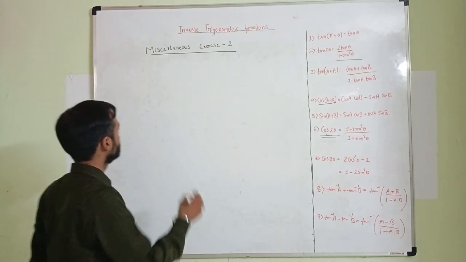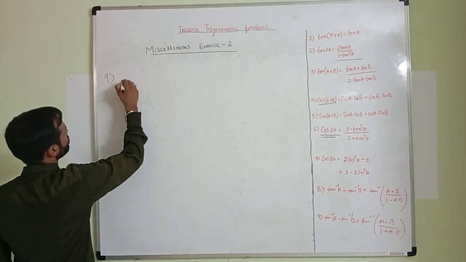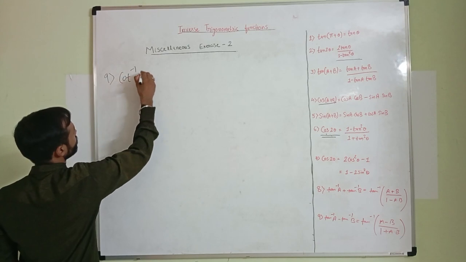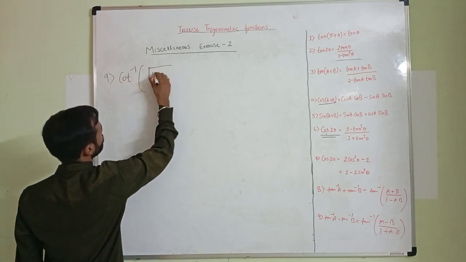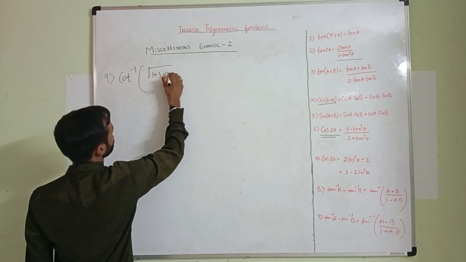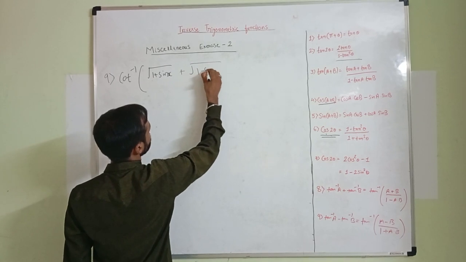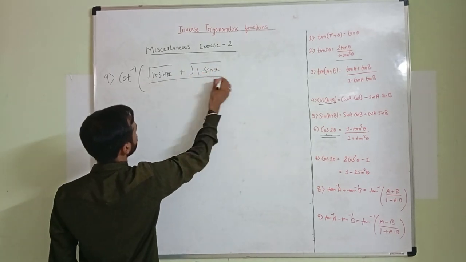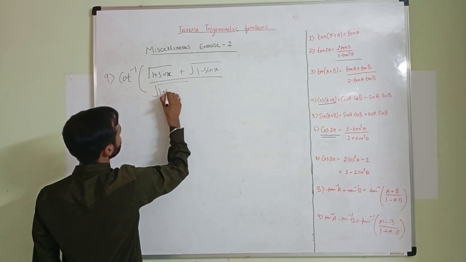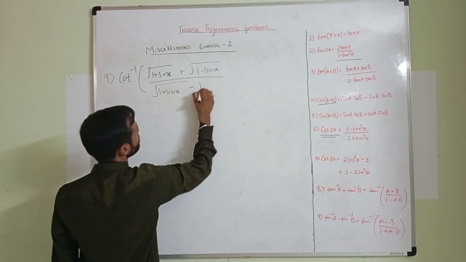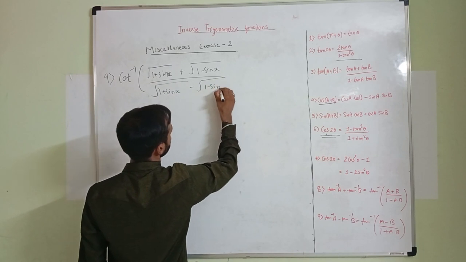Example number 9. Here we have to prove the value of cot inverse of (root of 1 plus sin x plus root of 1 minus sin x) upon (root of 1 plus sin x minus root of 1 minus sin x)